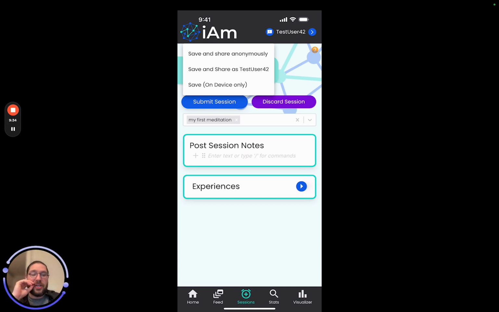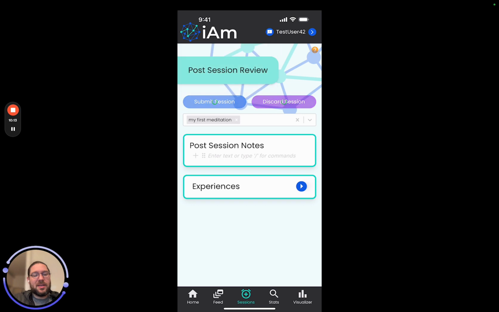You can also share it publicly. So my account is testuser42. So if I do this, it's the same thing as sharing it anonymously. The only difference is it's not anonymous. So this data will be associated with my account, and people will be able to see that this data is associated with testuser42. When you share it with attribution to your account, you will have the ability to actually delete it if at a future point in time you do not want that data to be on our servers. So I'm going to save it